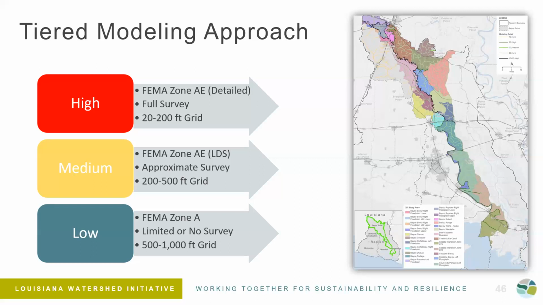What's important to note, though, is that these can be upgraded at any point. This is base level modeling. If there's a need in the future to say, hey, we want to put a new project in this area, but it's low detail, well, that's totally acceptable. I should say not necessarily easy, but you can go collect more survey, put in some more detail, maybe do some more gauge analysis, put a stream monitor in there to be confident in the flows, upgrade that, and now you have a more consistent detail